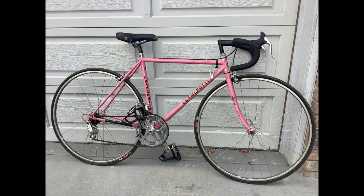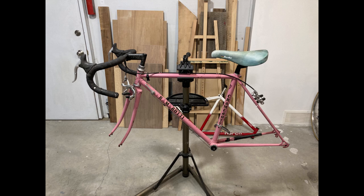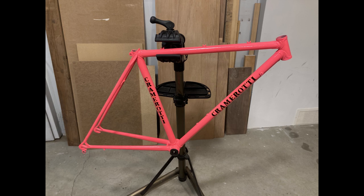This is a Cramerotti that was originally pink, as you can see here. Normally, I try to maintain the originality of my bikes as much as possible, but in this case, there was too much damage to the paint, so I decided to strip it down for a repaint. I like the original pink color of the bike and decided to ramp it up to a fluorescent pink color